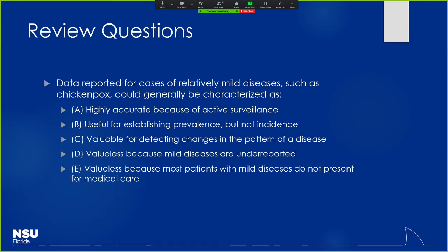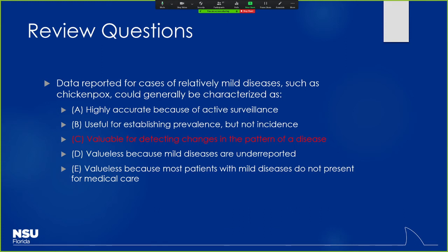I think C. And I think I'm going to go with that one for sure, right? So again, to have active surveillance, someone actually has to be calling hospitals, calling physicians' offices, calling all these places to see who actually has the disease. We don't do that for things that are relatively mild, things that are not happening at epidemic levels, so in that case there would not be active surveillance. It would just be what gets reported through normal automatic reporting mechanisms.